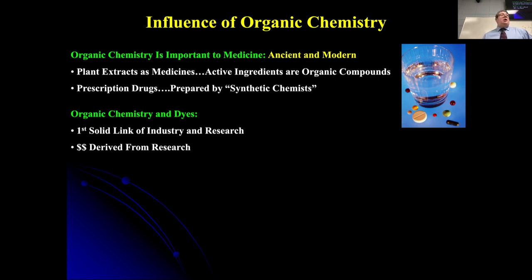Dyes, believe it or not, started out in organic chemistry, right? If you think about it, a few hundred years ago, if you were wearing purple, you would have been considered royalty. It's still considered a royal color, right? Only kings and queens and other people of that level would wear it. Because they actually had to go out and get these mollusks, I forget what they were called, they had to kill them and get their ink. And so it took lots of these little mollusks to make enough material, if you were a poor peasant, you couldn't afford to have purple.